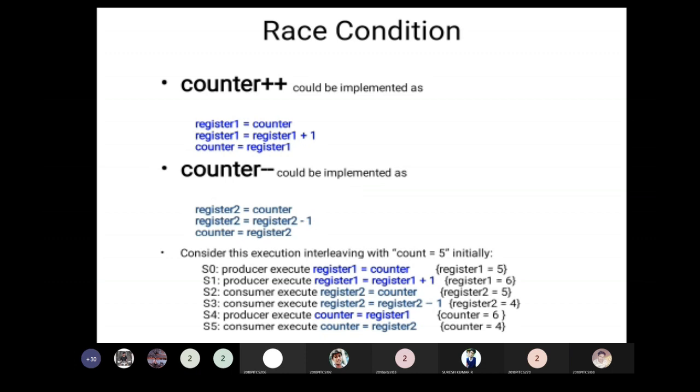Now take an example to show what a race condition is. I am taking the variable counter equal to 5 initially. S0: the producer executes the statement register 1 equal to counter. So what happens at this point?